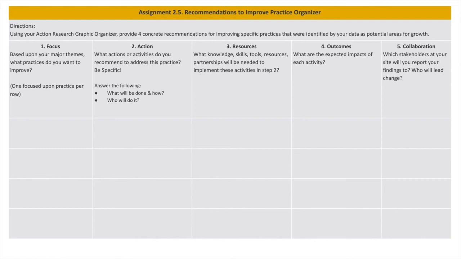Once we've done that, we're going to look at resources, so knowledge, skills, tools, opportunities, and partnerships that are needed to implement those specific activities or actions to improve that evidence-based practice. Then we'll focus on the outcomes of those activities and the resources we're going to draw upon to make them happen. Finally, we'll think about any collaborators, so stakeholders, particularly key stakeholders or power holders in your agency, your community, your school,